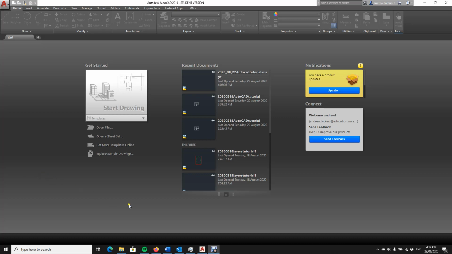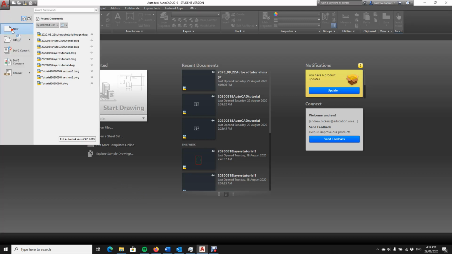Okay, so we're going to do a quick video tutorial on the test image. Now, for the test image there's a Word document that details all the steps of making it, but I'm going to make a video now too to supplement that. So we're in AutoCAD, we click on here, we go new,